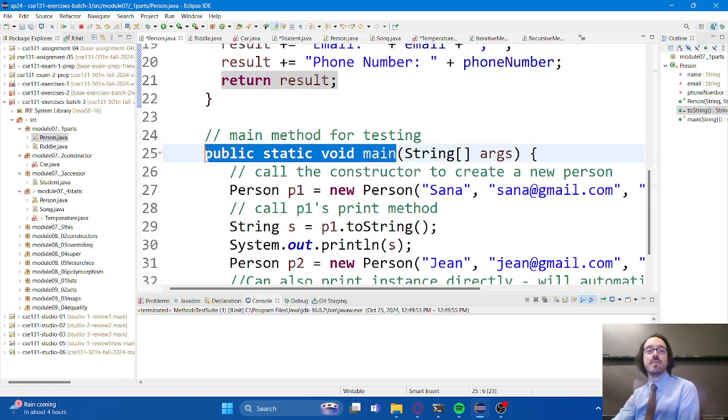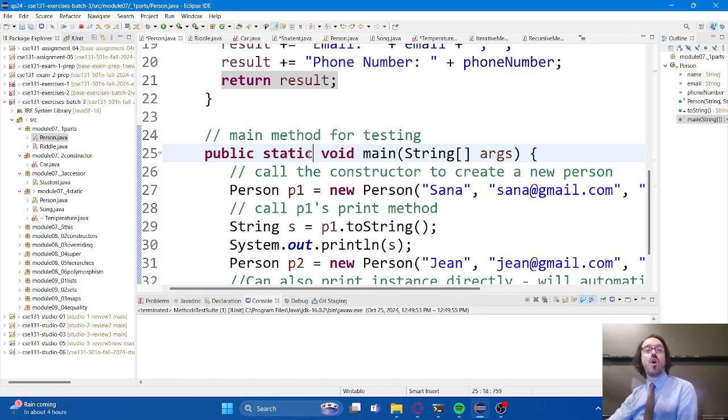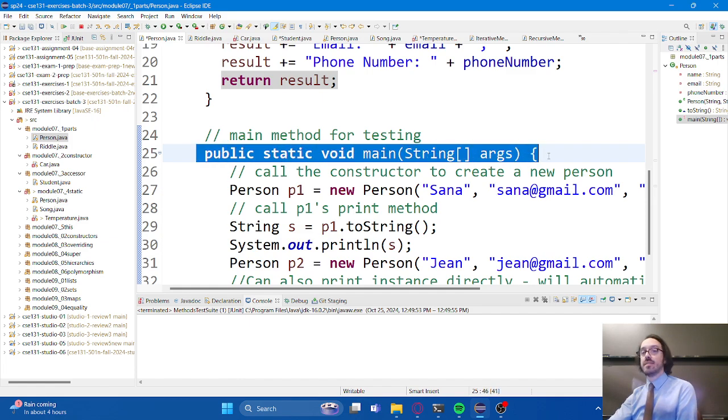Here's our main method. What does the main method do for us again? Starting point. Yeah, the main method's where we begin. That's still true. That has not changed. The main method is still the entry point to our program. This is still where we begin. So this is still the very first line of code that will get executed, right here, line 27, even though it's all the way towards the bottom of the file. The main method is also always going to be static. It's always going to look like this. The computer won't actually find it unless you define it exactly like this.